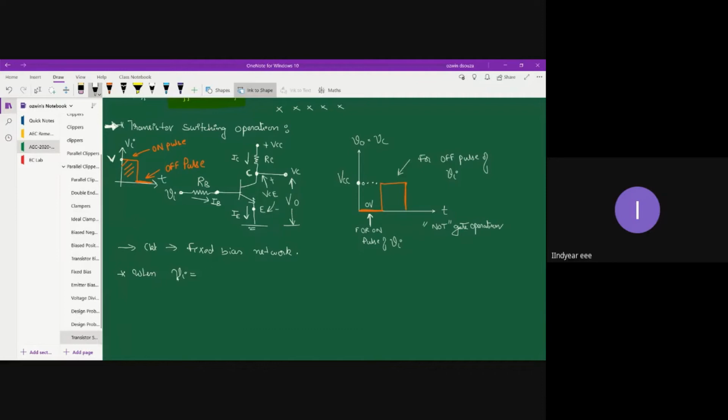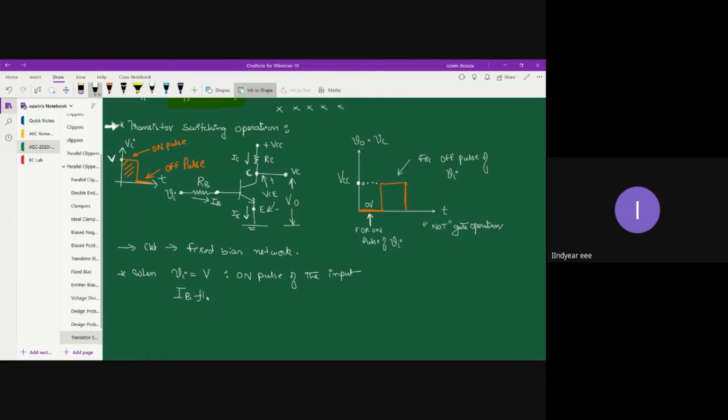So when your input attains maximum value, we would say it is the on pulse of the input. When Vi is connected to the transistor base terminal, and Vi attains the maximum value,